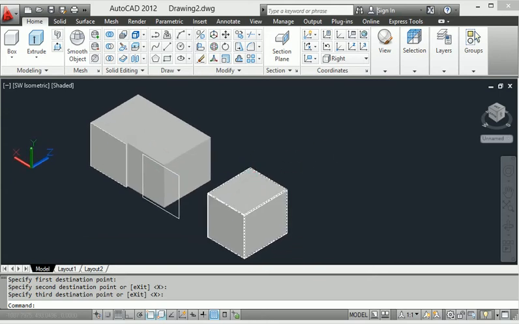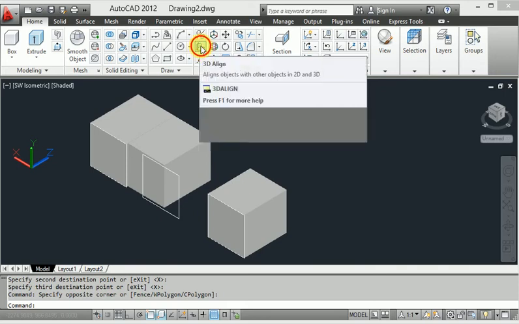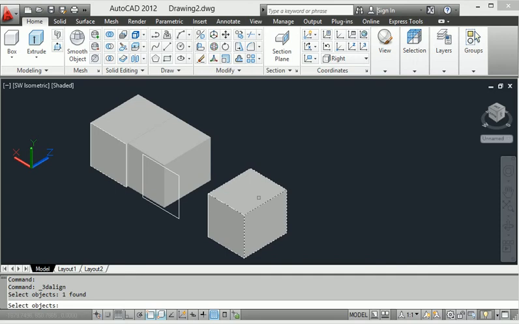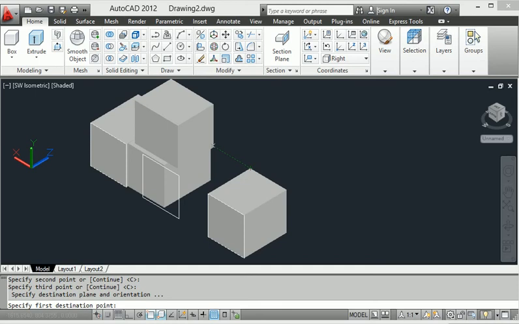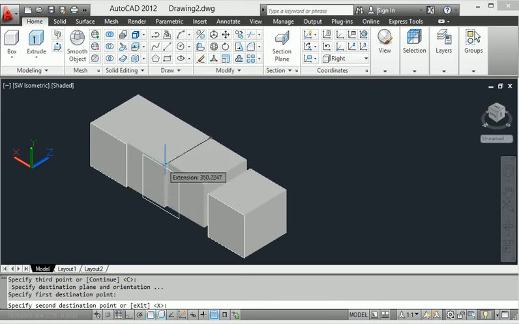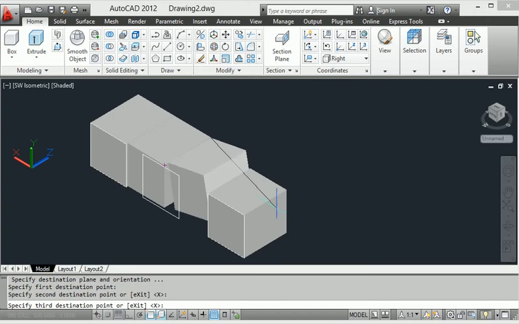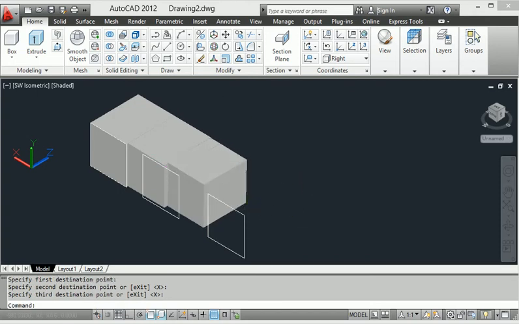Same thing, if I select this and enter 3D Align, this component, and right click, then select this point, this point, and this point. I start from this point, click this point, and also go to this corner point.